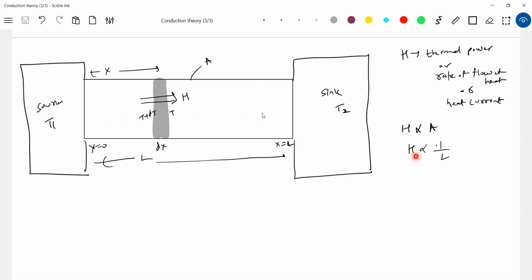Therefore, inversely proportional. Next, directly proportional to temperature difference. The greater the temperature difference across the rod, the more energy per second will flow through the rod. So to remove this proportionality constant, I'll introduce